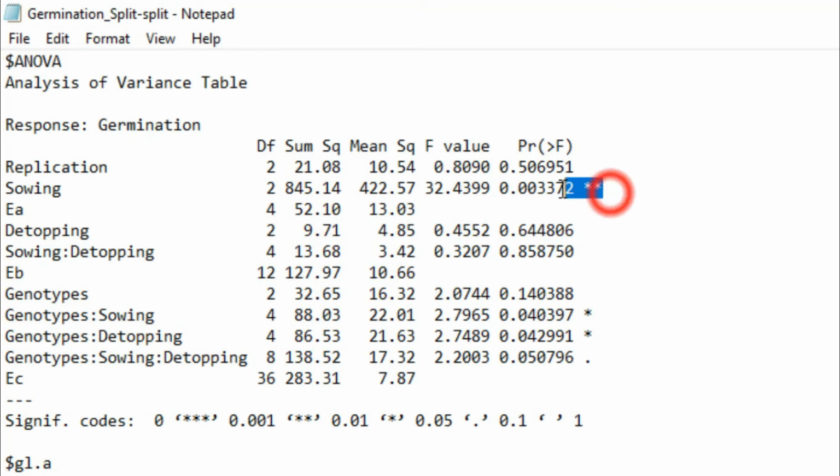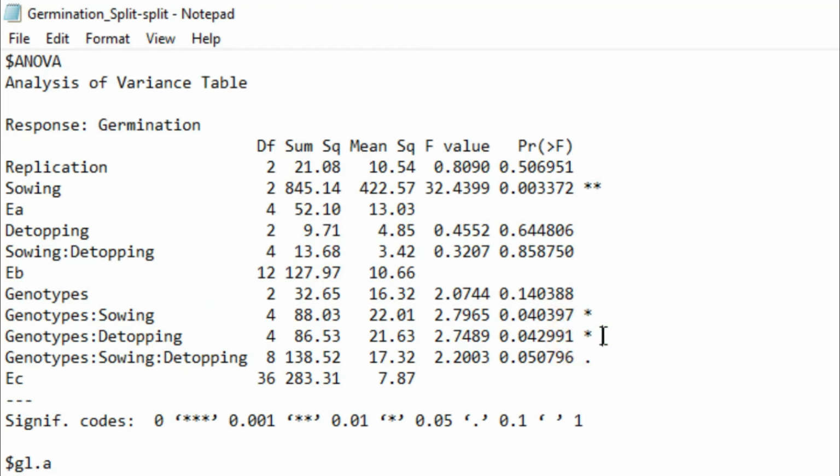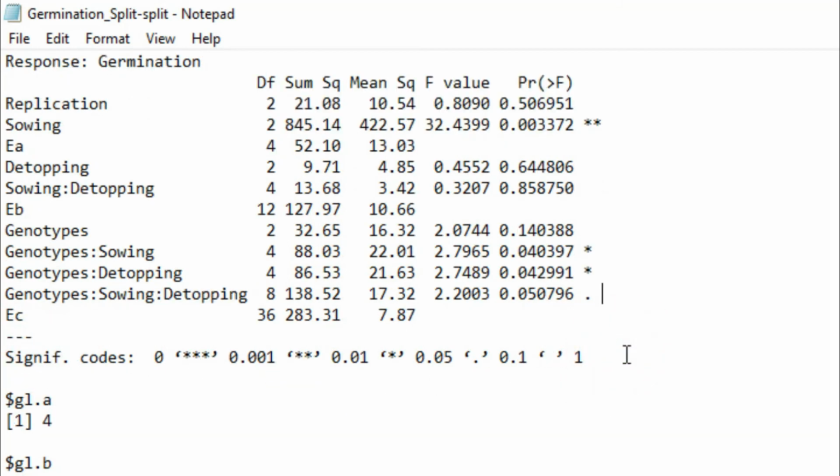Swing time is at 1% level of significance, detopping non-significance, swing into detopping non-significance, and genotypes non-significance. Interaction of genotype and swing is at 5% level of significance, and genotype into detopping interaction at 5% level of significance. Interaction of genotype, swing and detopping is our non-significance statement.